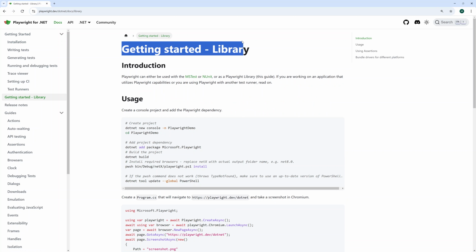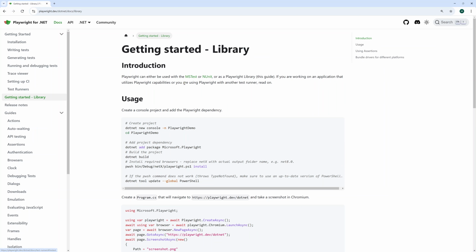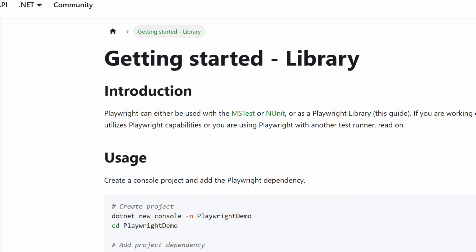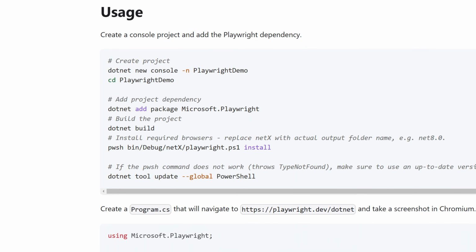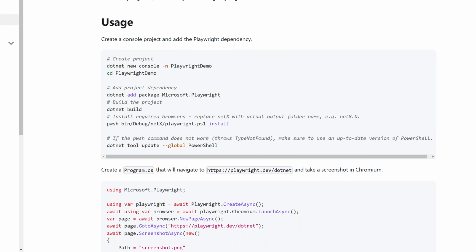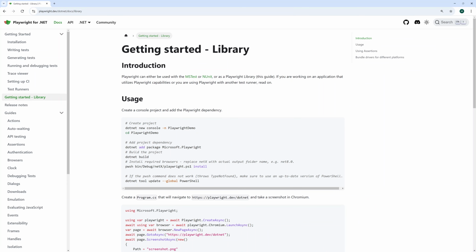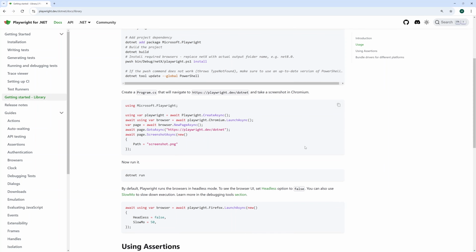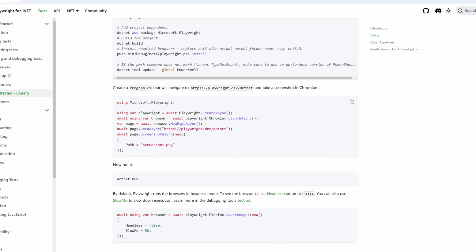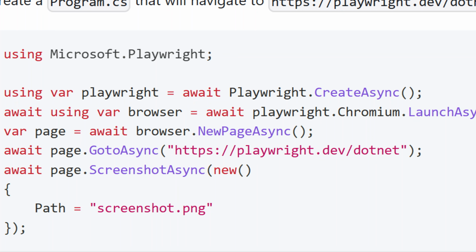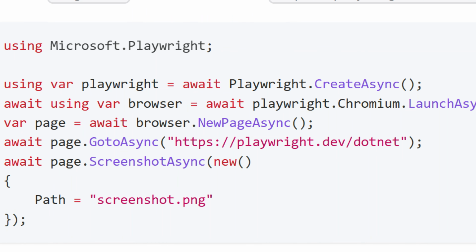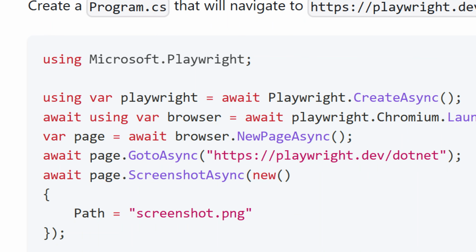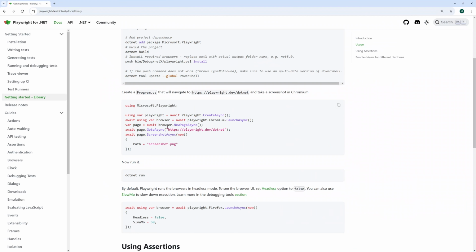So you can see that this is the one, and these are sample code where you can actually quickly set up a console application, and you can see even example code to instantiate the Chromium browser, and then take a screenshot of the website,